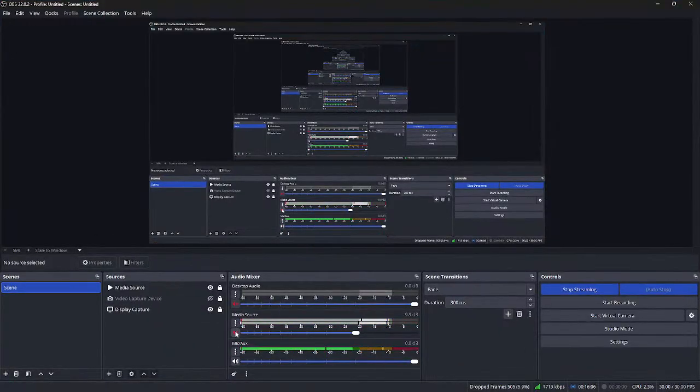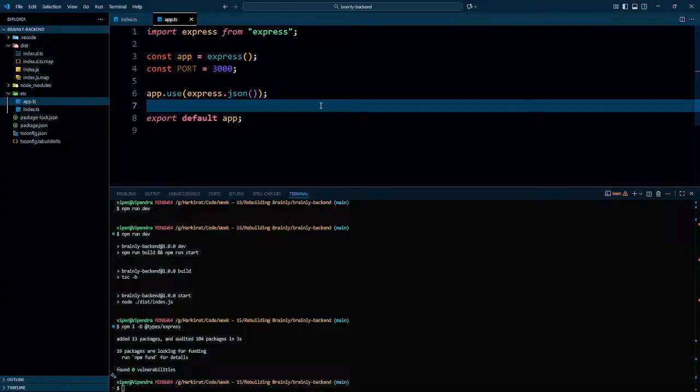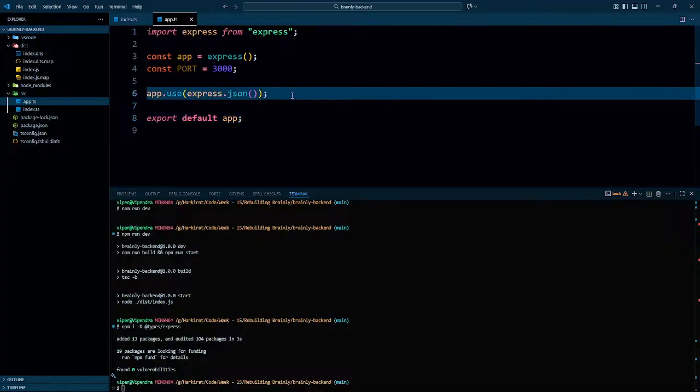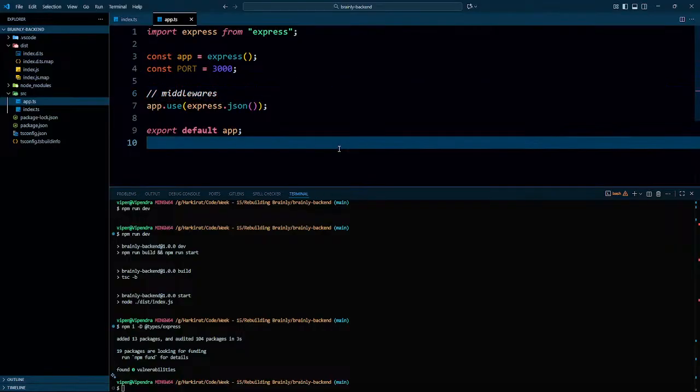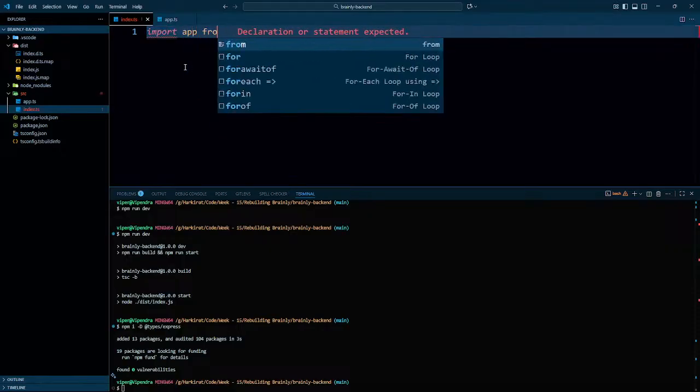We got a call, so we had to just pick that up. But okay, here we are again, and we've been just working on these things, exporting the app from here, and once this thing is done, then using a middleware in here. So this is kind of a middleware. We have to actually take care of many things. This is one of them right now. Exporting it, importing it here, and I should be able to import app from